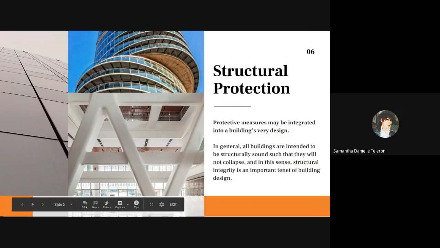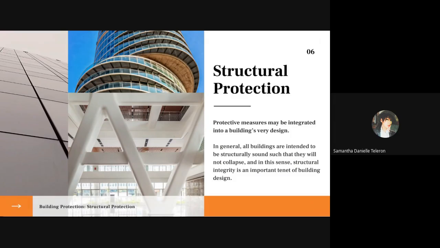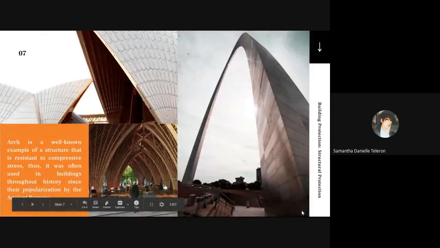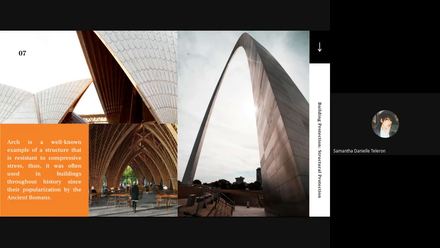So, structural protection pertains to two key points. First, protective measures may be integrated into a building's very design. An example of the integration of protective measures into the building is an arch. It is a well-known example of a structure that is resistant to compressive stress. Thus, it was often used in buildings throughout history since its popularization by the ancient Romans. Today, arches are still favored in large-scale designs, such as in bridges or structural supports, where large loads need to